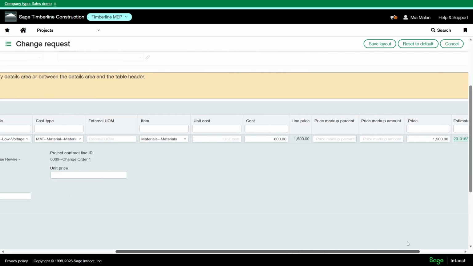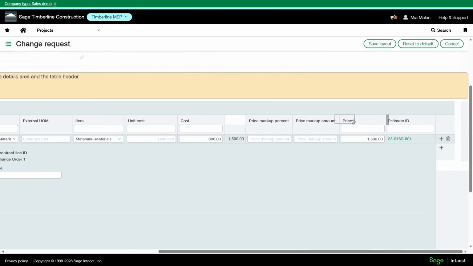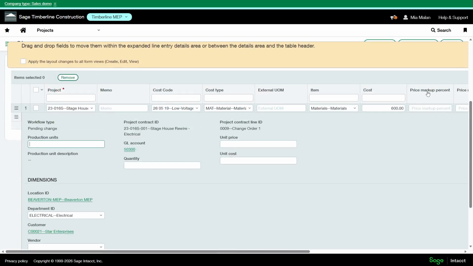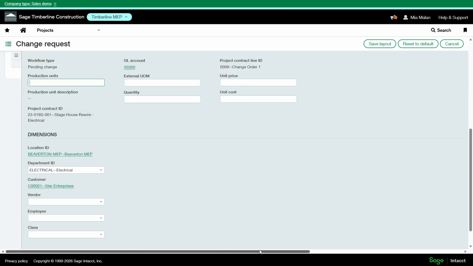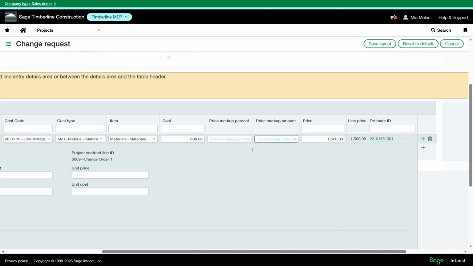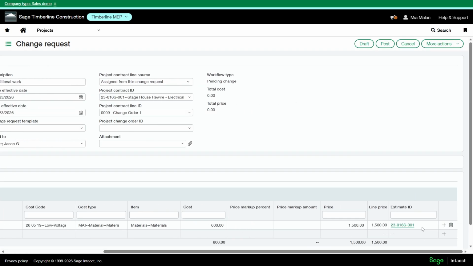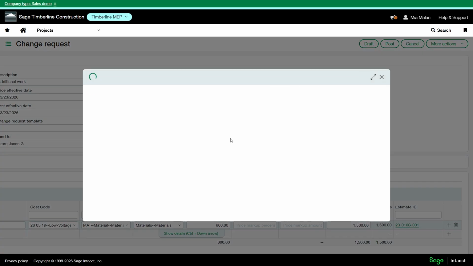I'm going to update my table so it makes a bit more sense. And then here's my original estimate.